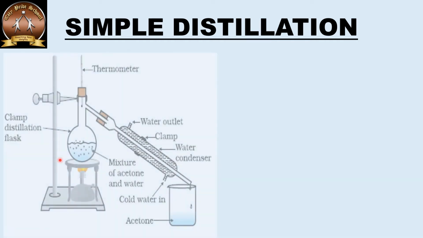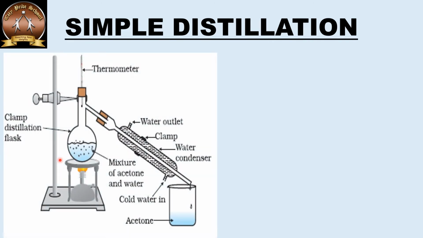So first we will understand the concept of simple distillation and the apparatus used in it. That means the assembly we are talking about. So this is the basic assembly of simple distillation. This is a round bottom flask. The round bottom flask is used to keep the mixture you want to separate. It could be a solution of a solute and a solvent, or it could be a mixture of miscible liquids.